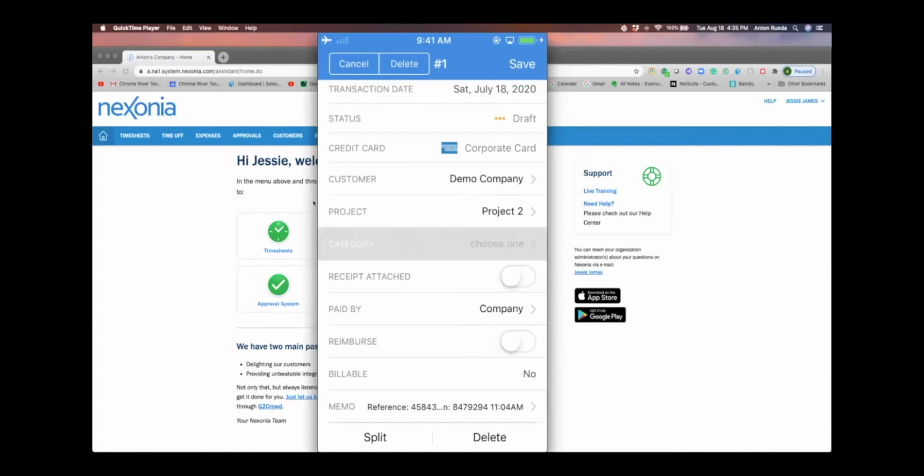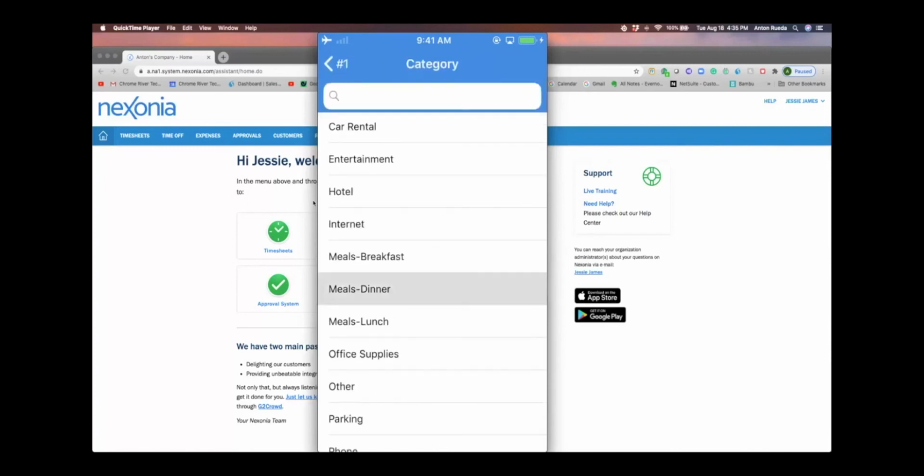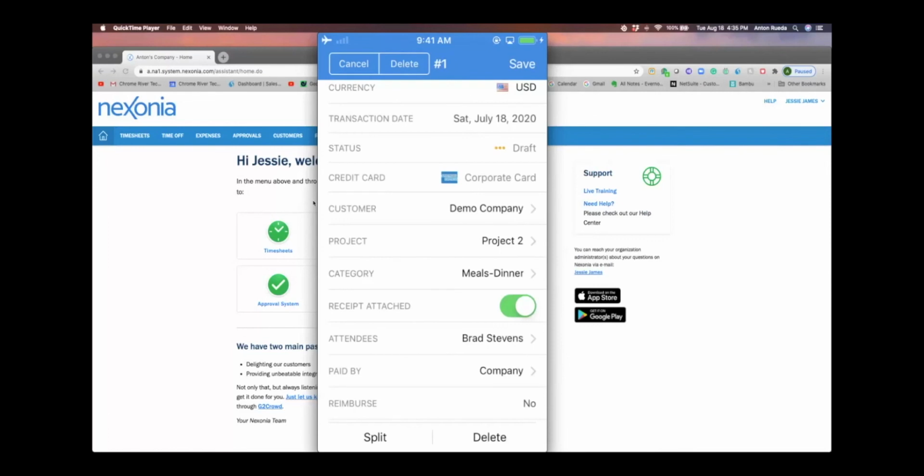We'll select category as dinner, and you'll notice additional fields will now populate. We have attendees that we could track on this meal. And we could also add soft and hard policies, so touching on compliance. So I'll give you an example. With my account that I have here, if any meal is over $50, which it is, we could have a